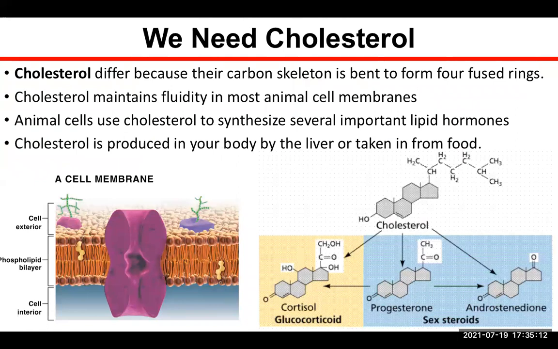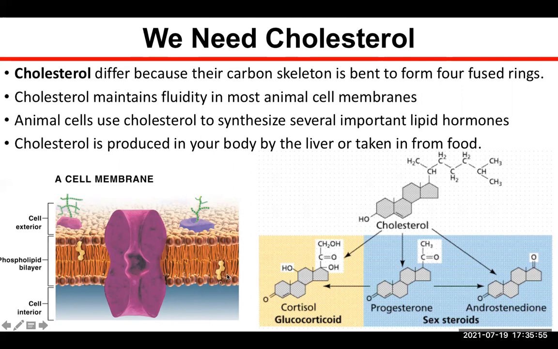So people are always scrutinizing cholesterol, and I think it's always some kind of fat. It's always, if it's not fat, if it's not sugar, then it's cholesterol. So cholesterol differs from the other fatty acids in that it has rings instead of a long tail. And so a typical cholesterol molecule will have these 4 rings present. And so again, cholesterol plays a really important role in maintaining the fluidity of animal cell membranes. And so there's going to be your cell membranes that are going to be studded with these